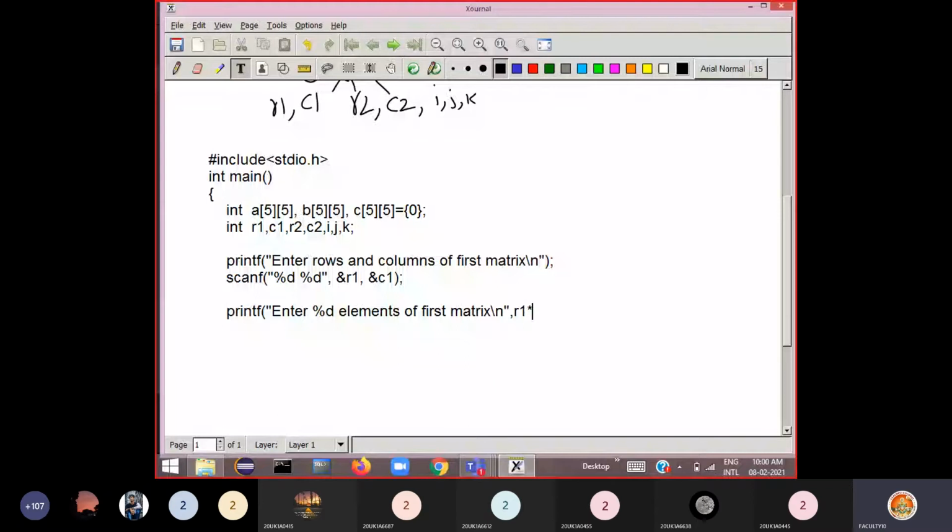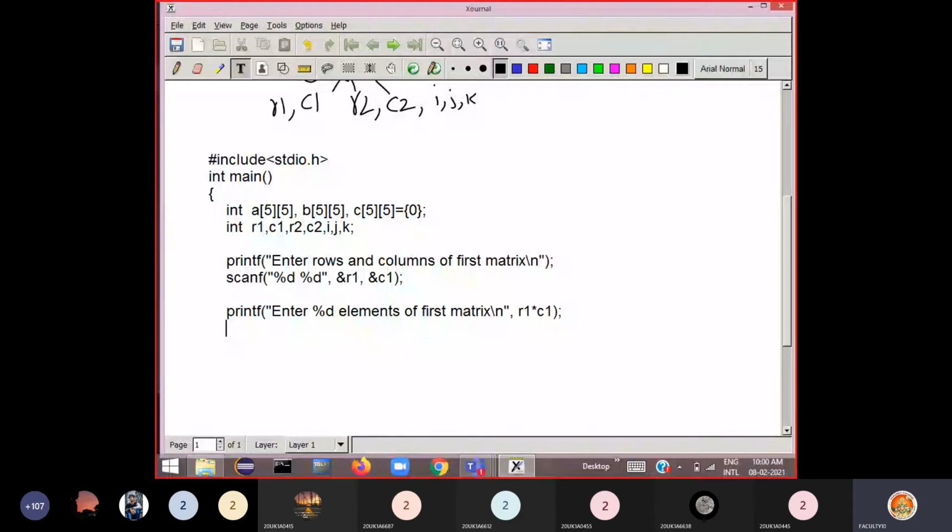R1 multiplied by C1 value. For example, if it is M by N, that means M into N, as we said in the last program. If the rows and columns of the first matrix are 2, 2, then 4 elements the user has to enter.